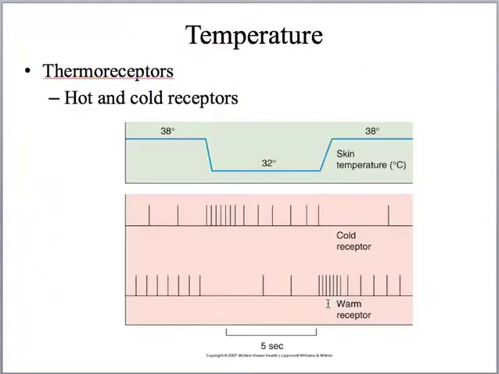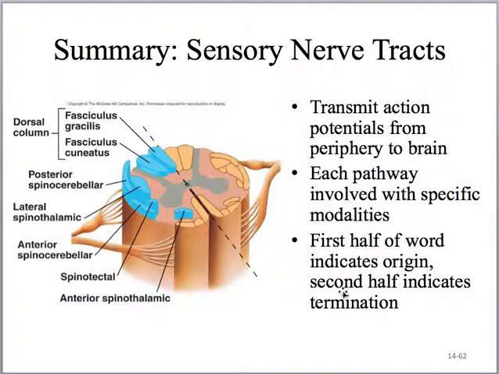And so here it just shows body temperature. As one decreases their body temperature from 38 to 32, you get an increased firing rate of your cold receptors. As the body temperature begins to rise from 32 to 38, you get an increased firing rate of your warm receptors. And lastly,